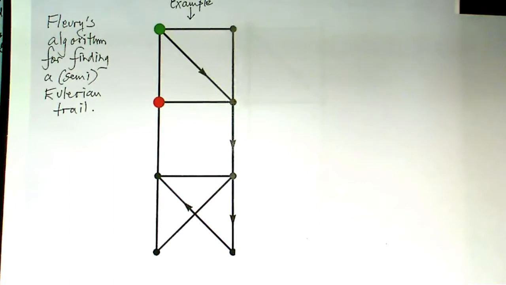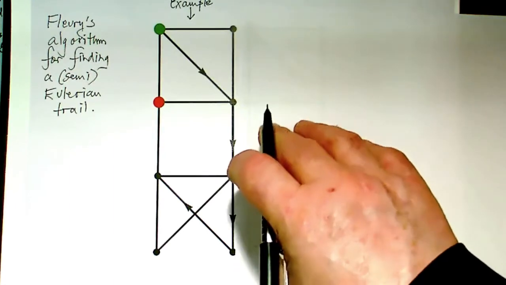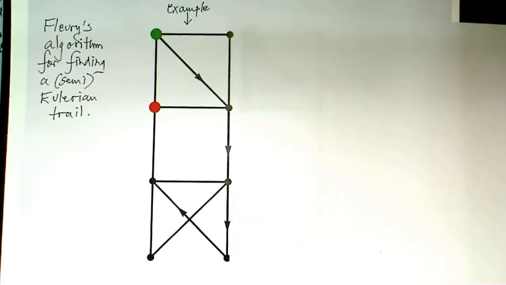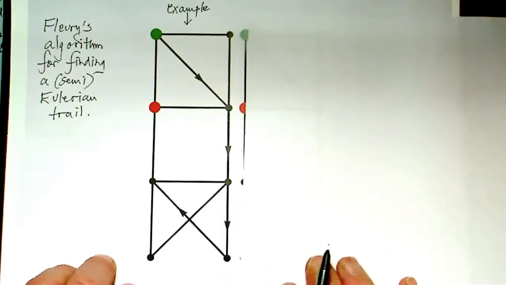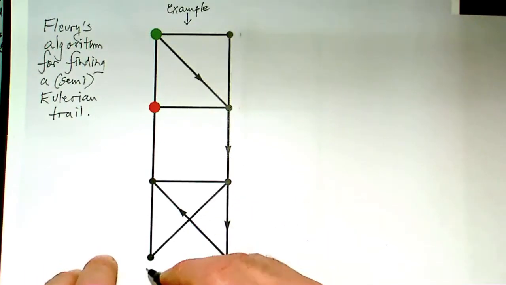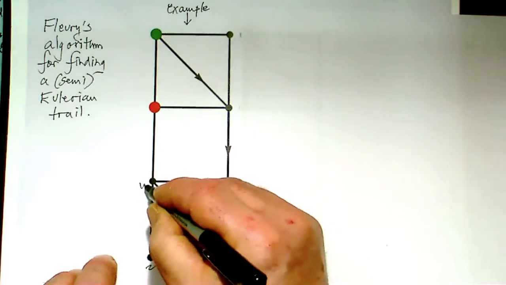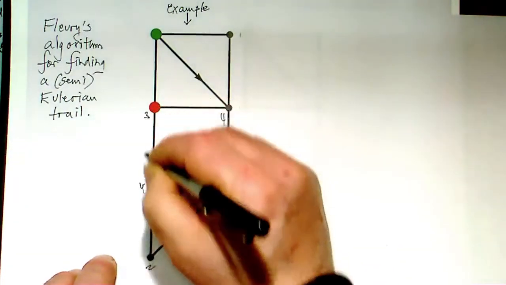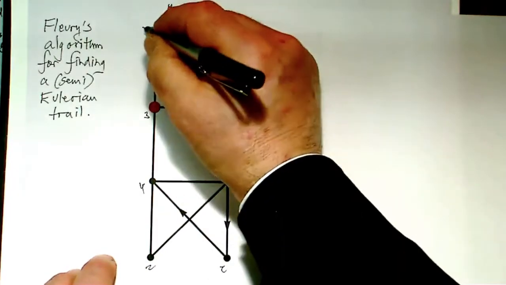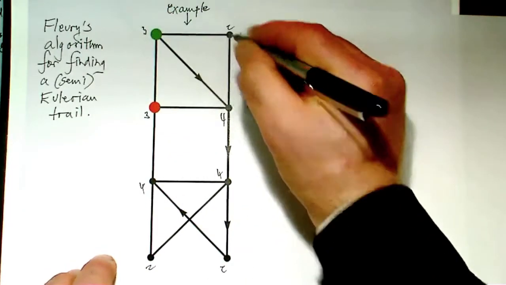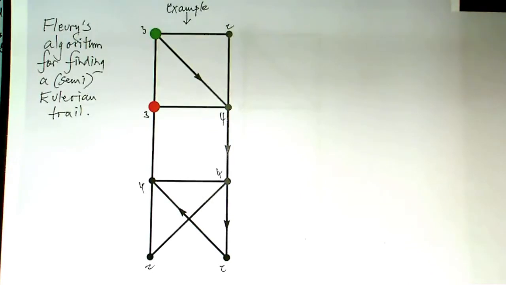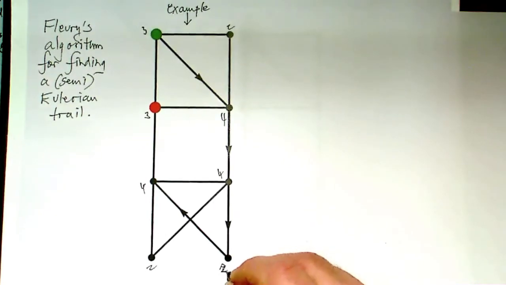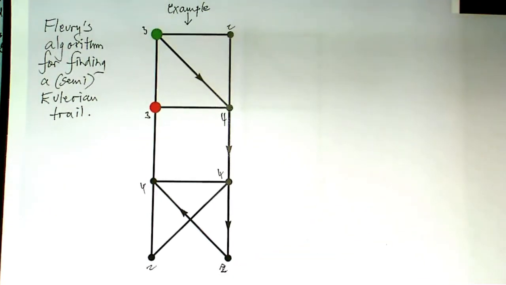Now, the first thing you do when you're asked, is there a Eulerian trail, you look at the vertex degrees. And here, if you start at the bottom, it's looking good because they all have even degrees. But this, unfortunately, the red one has degree 3, and also the green one has degree 3. So this graph does not have a, what's that squiggle? 2, it's meant to be. It does not have an